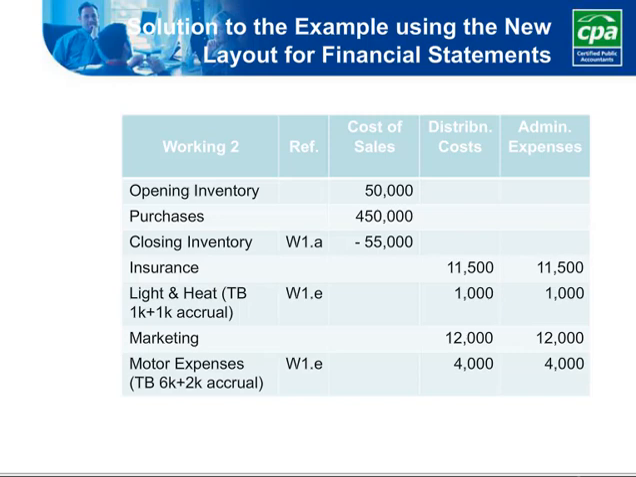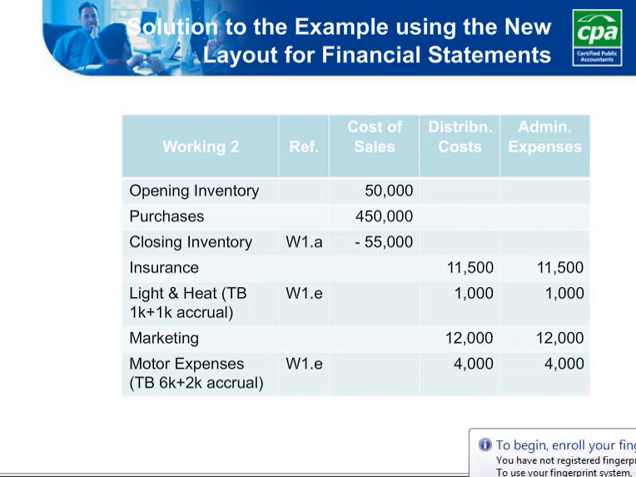So under cost of sales we have our opening inventory in the trial balance of 50,000, purchases of 450,000, and then our working 1A from point A of our adjustments, where we have to take off the closing inventory of 55,000. Looking at the other expenses, the first one in the trial balance is insurance, which is 23,000. All our expenses are to be split 50-50, so this is why 11,500 goes into distribution costs and 11,500 goes